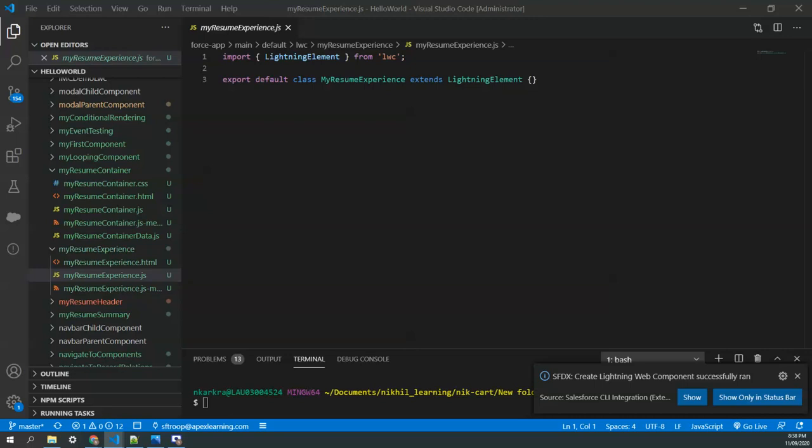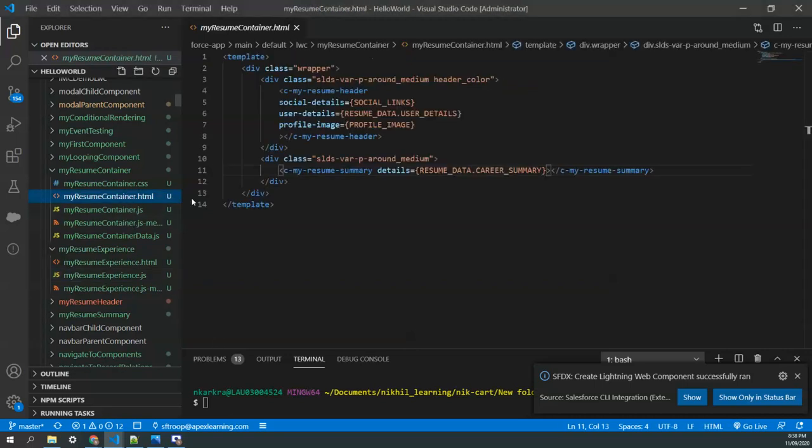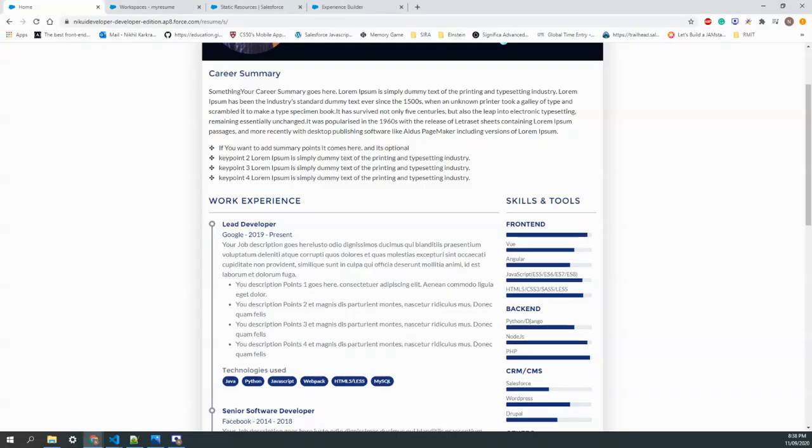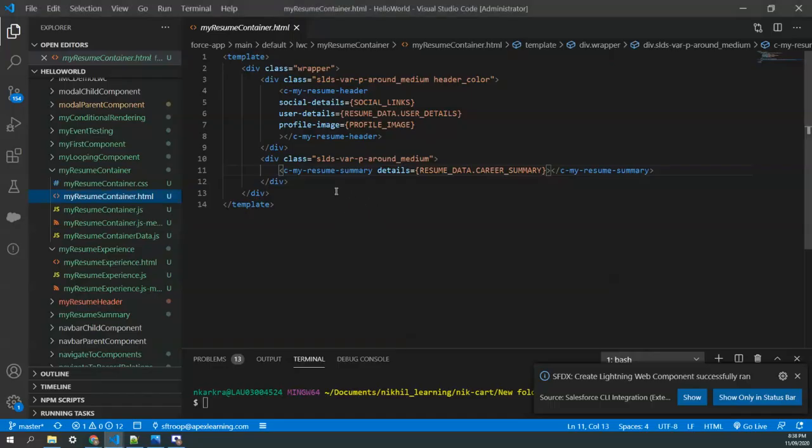And let's go to our parent first to add this component. Now there is one interesting thing to note here. We have to divide our section into two parts. One is the 9 column and another one is the 3 column. Okay. And when it goes to mobile, it should be 12 and 12. So what we're going to do here is,